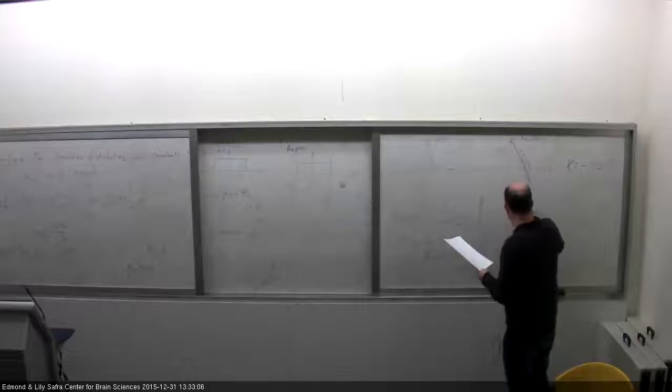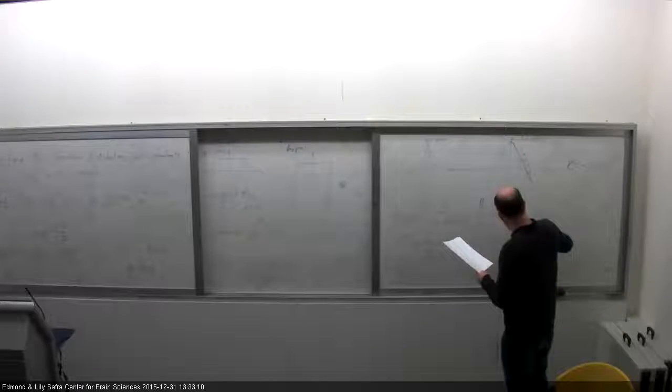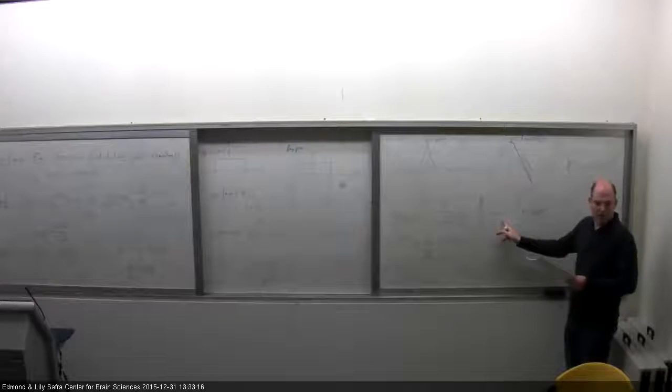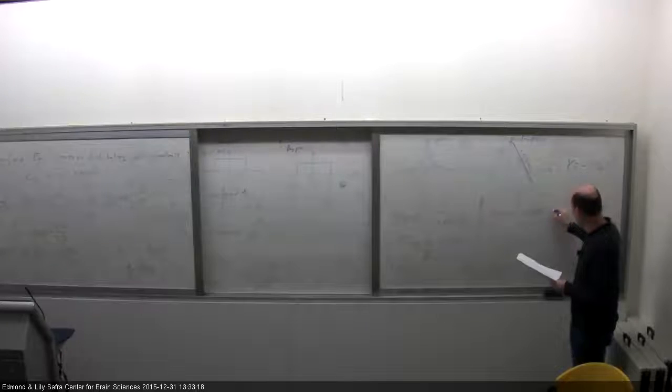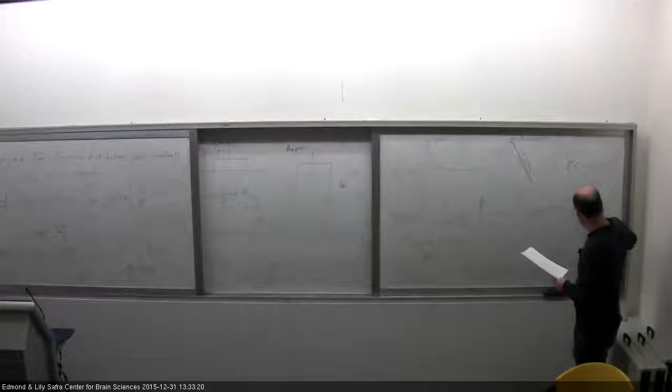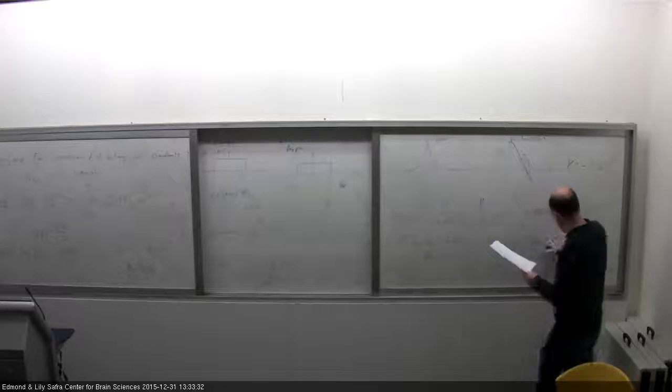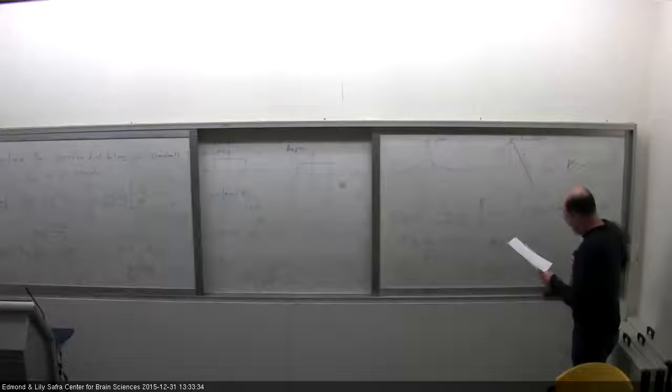Sorry, if I define g of x as the integral from -infinity to x of p of x prime dx prime, meaning that g of x is the cumulative distribution function of x, or in other words, p of x is g prime of x. So g of x has a somewhat simpler structure. G of x, in this case, is half plus half hyperbolic tangent of x divided by alpha,